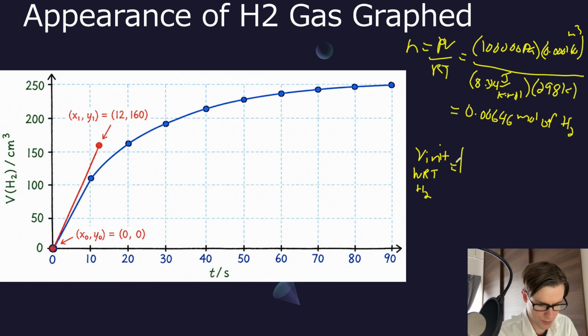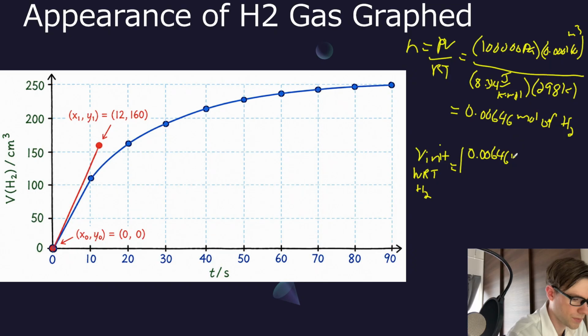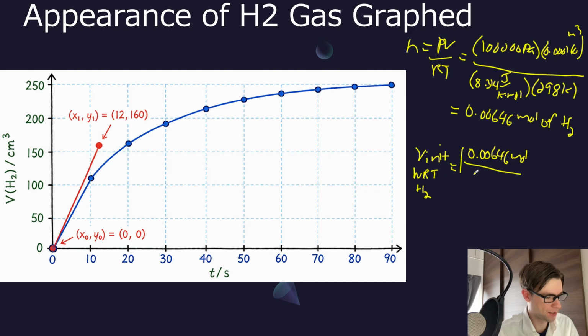We go from 0 up to some amount, so we'll just take the amount that is produced, 0.00646 mole per. Now the volume needs to be the actual volume of the solution of HCl that's poured onto